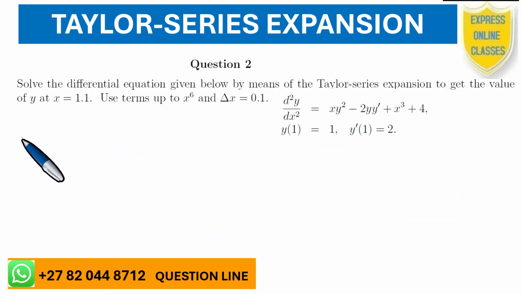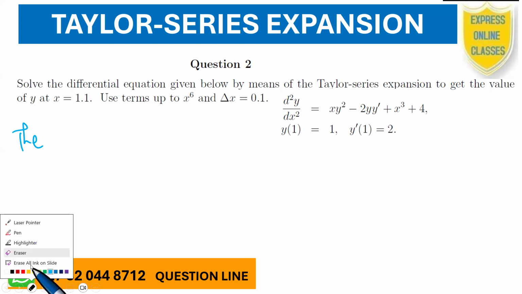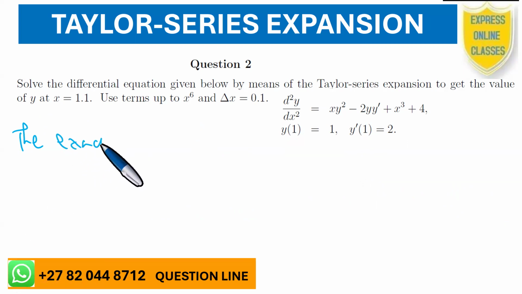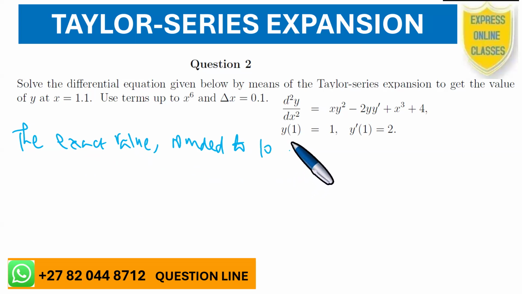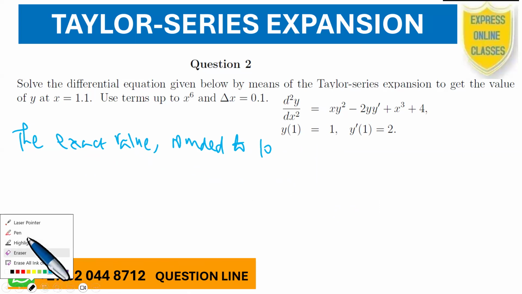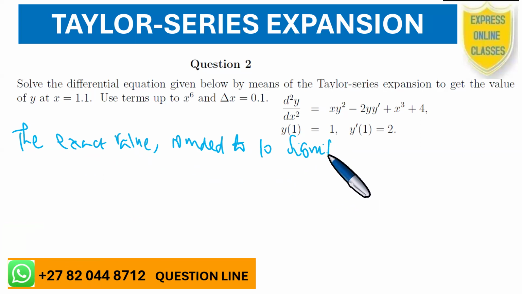To conclude, because we got some estimate, an approximation, we say that the exact value rounded off to 10 significant figures